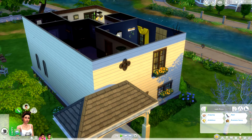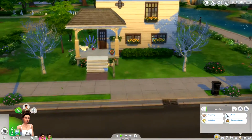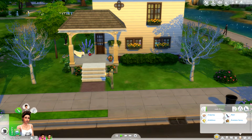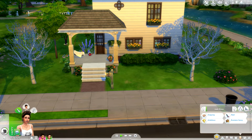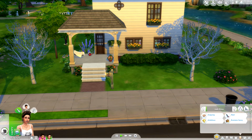House tour, I guess you could say, for my Johansson family house. I did get the movie stuff pack, and so I kind of took advantage of a lot of the stuff that was in there, because there's a lot of great, awesome looking stuff in that stuff pack. So I just went ahead and kind of redecorated because, as you know, if you've been following my Johansson family